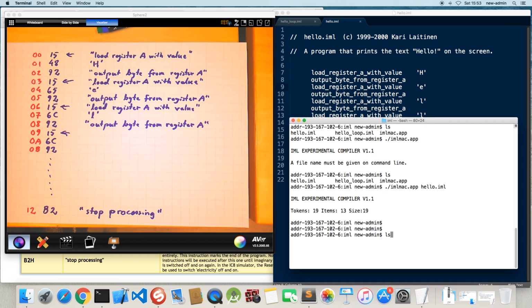I will check what files are now there. You can see that there was this hello.iml. Now it has produced a new file called hello.ice. ICE is a shortening for imaginary computer executable. That is the result of the compilation, and that file now contains the executable form of the program. So I can display the file,